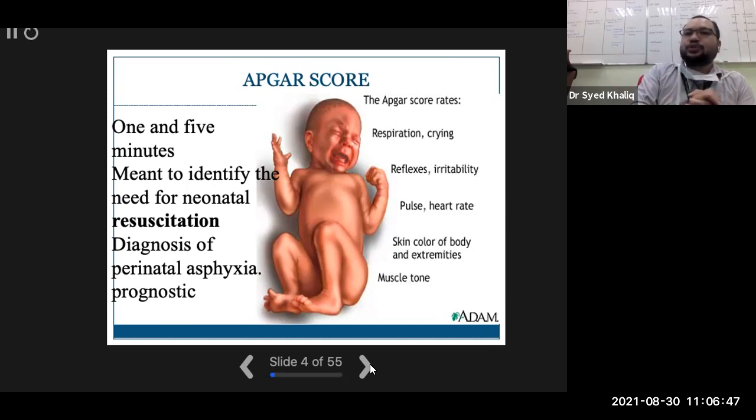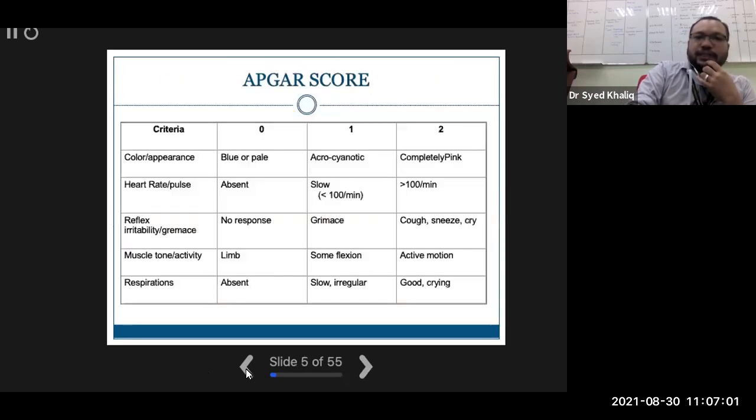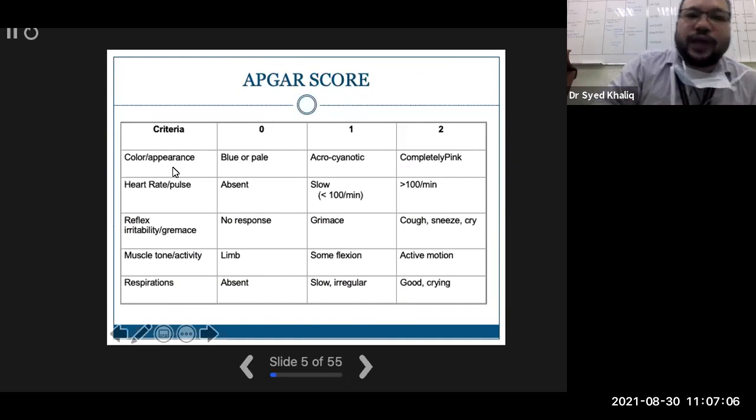And what do we assess? We look at respiration of the baby, how the baby is crying, whether the baby has good breathing effort, reflexes, muscle tone, the heart rate, skin color, and extremities. So this is the APGAR score. A is for appearance or color of the baby. 0, 1, and 2: blue is 0, 2 is pink, and 1 is acrocyanosis, and then the heart rate, pulse,